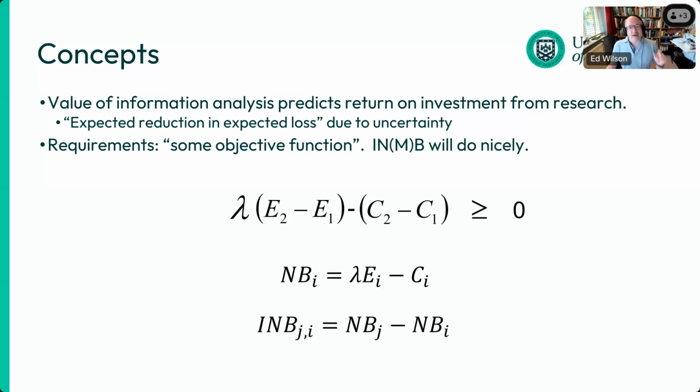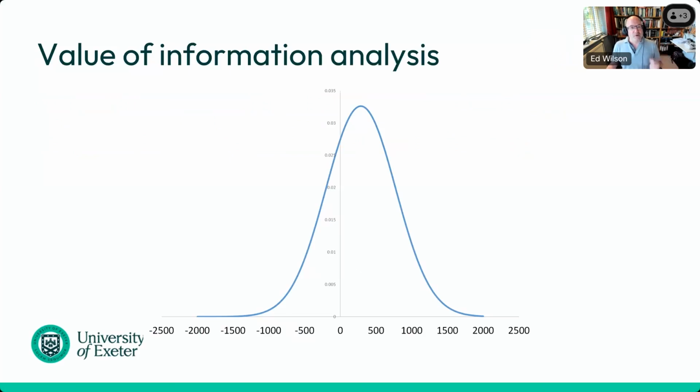So we want some way of estimating the incremental net benefit, and that can be either through a decision model or through a clinical trial. But ultimately, what we'll end up with is some distribution. We'll have a mean incremental net benefit. So I'm using net benefit, dropping the monetary. You can do it with health, the incremental net health benefit, but it's a bit more awkward mathematically. So when I say incremental net benefit, I mean incremental net monetary benefit. It doesn't make any difference. It's just the maths is easier if you stick to